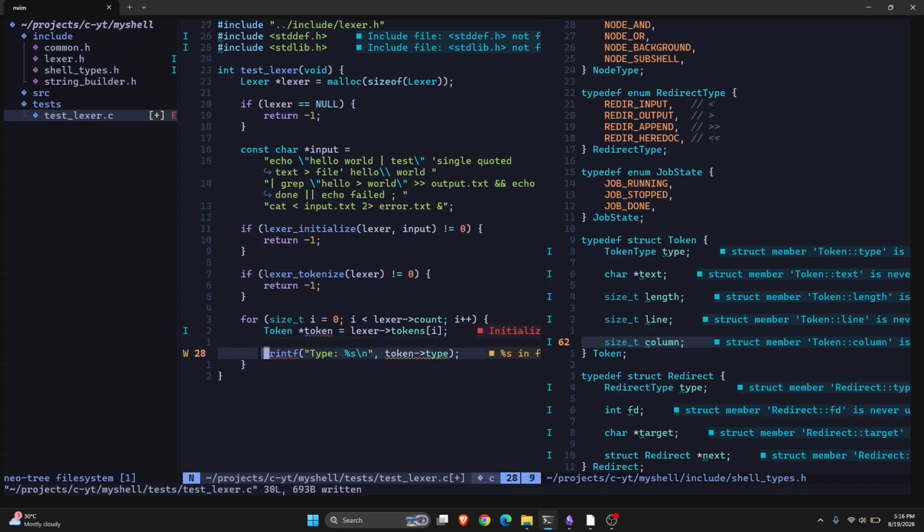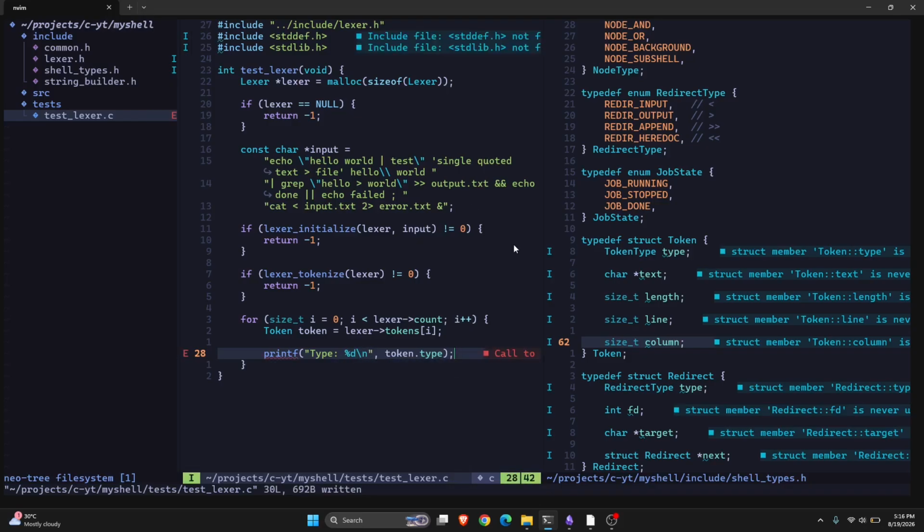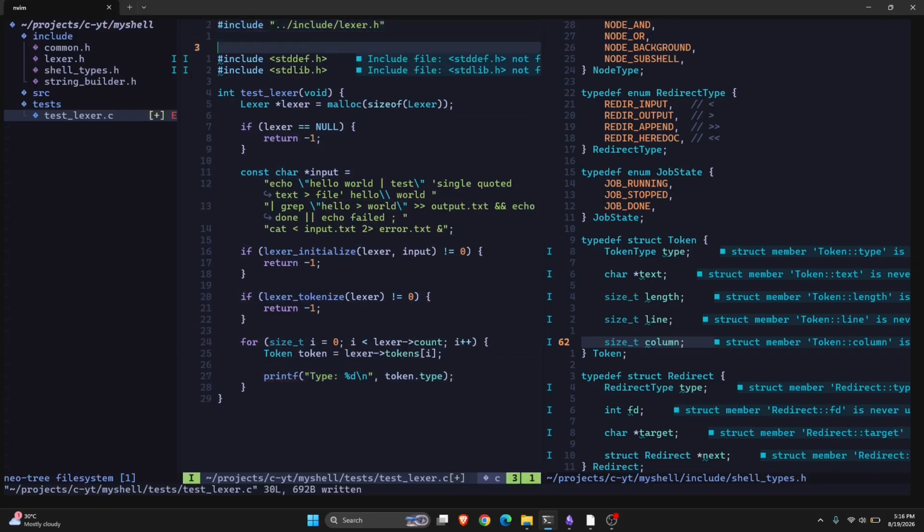Okay, it's not a pointer actually. And then here I need to change this to a dot as well, like this. Printf type, it's going to be an integer, so I need to use d here. Printf, okay, we need to add